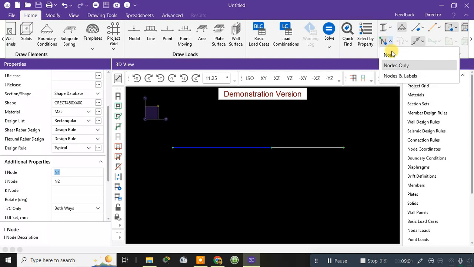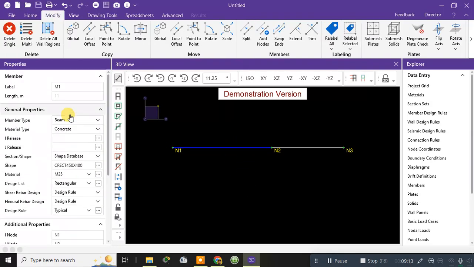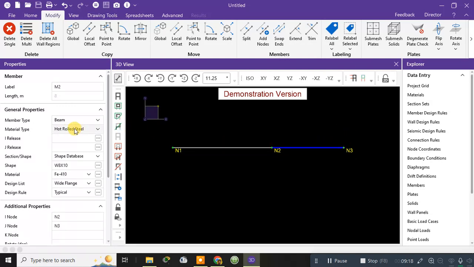You can directly click here and show the nodes as well as levels. Now it will show you N1, N2 and N3. This one I have changed its properties to beam, M25 and concrete. Let me change this one also, this one as beam,